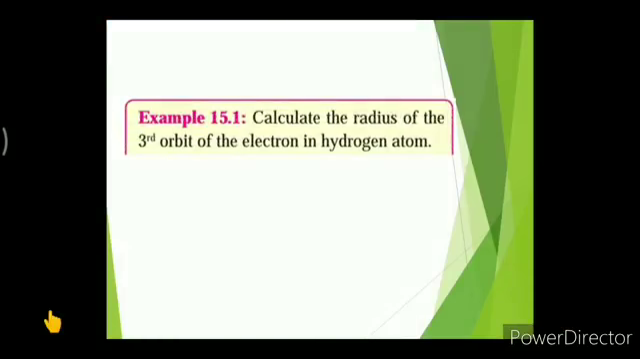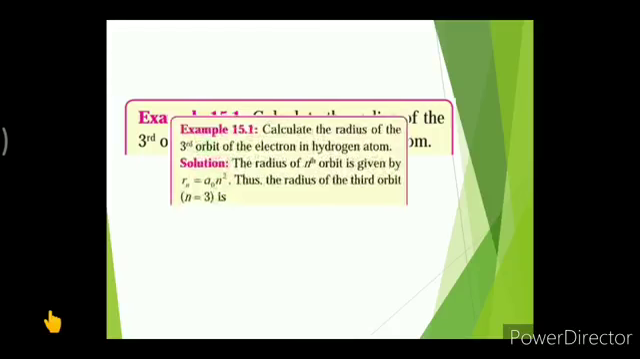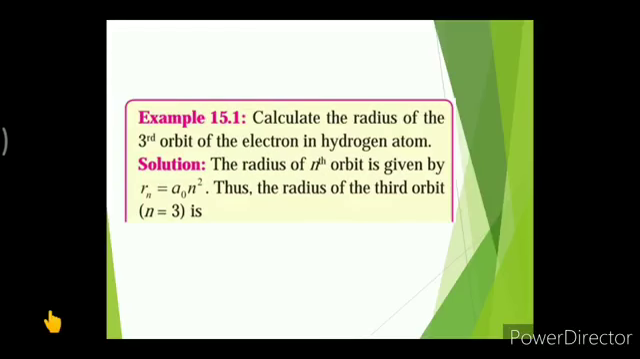Example 15.1. Calculate the radius of the third orbit of the electron in hydrogen atom. In this question, it is given that the electron is revolving in the third orbit. Hence the value of n we have to take as 3, and we have to determine the radius of the third orbit of the electron